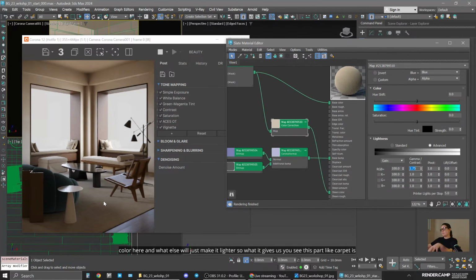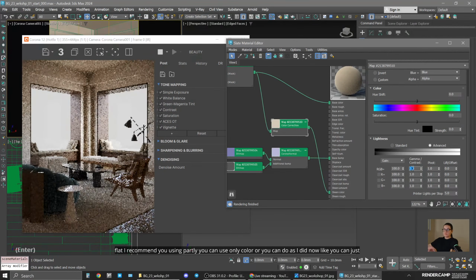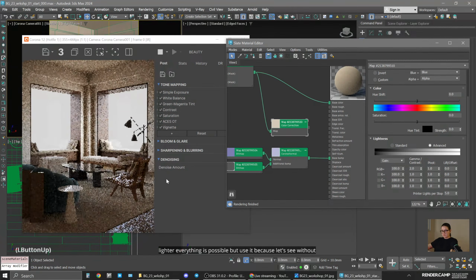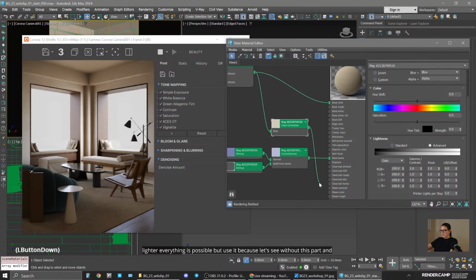So what it gives us, you see, this part, carpet is also a fabric, so it doesn't reflect. But if you don't do falloff, as I didn't do here, because it's flat. Carpets are usually flat, they're not wavy, they don't have any folds or something. When it's flat, I recommend using sheen. You can use only color, or you can do as I did now, copy your color from the base and make it lighter. Everything is possible, but use it, because let's see, without this part and with,